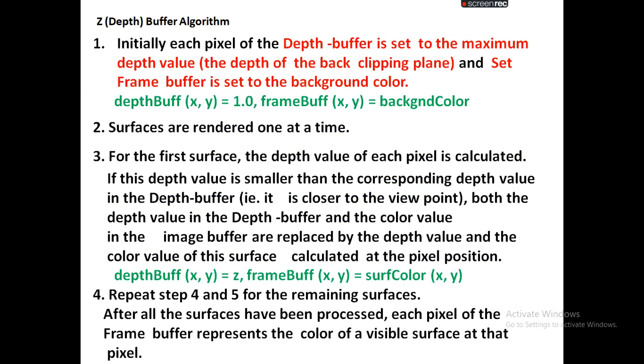Now I would like to conclude today's video lecture. Today we discussed two types of algorithms, called visible surface detection algorithms. The first type is called the backface detection algorithm. In the backface detection algorithm, if you want to detect which surface is the back face of the object and which is the front face, first you need to set the viewing direction. Once you set the viewing direction, you will get the viewing vector.